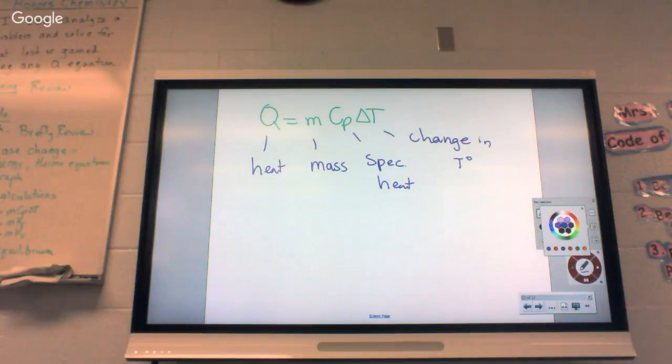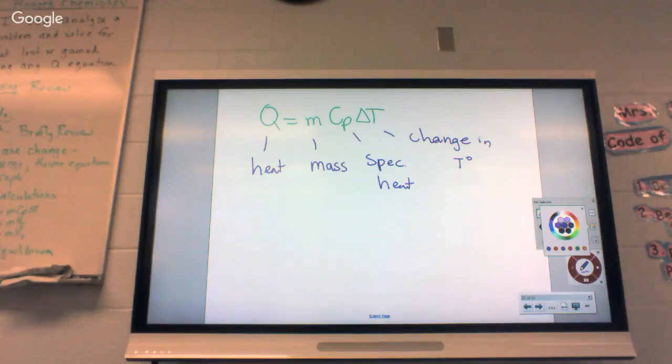Now, when we did the correction, several of you said to me, which number do I use? If it says water, you should use which number? The one that says liquid, okay? If it says ice, then you should pick the one that has the solid. And if it says steam, you should pick the one that has gas, okay? But if it just says water, pick the one that has the liquid state.